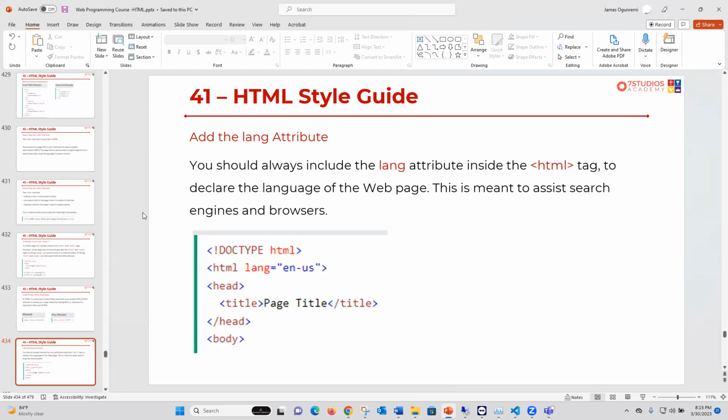Now, add the lang attribute. We understand what the lang attribute is, which is used to specify the language the web page is written in. You should always include your lang attribute inside the HTML tag to declare the language of the web page. This is meant to assist search engines and browsers. So this is our lang attribute here, specifying en and then -US, which means English US. You can see en-UK,